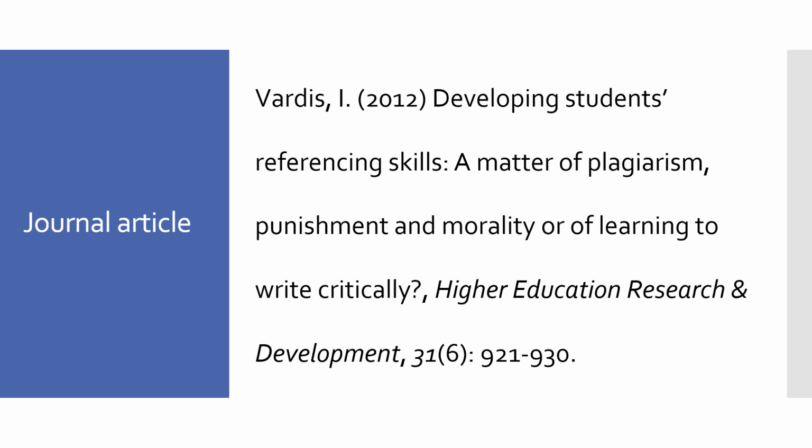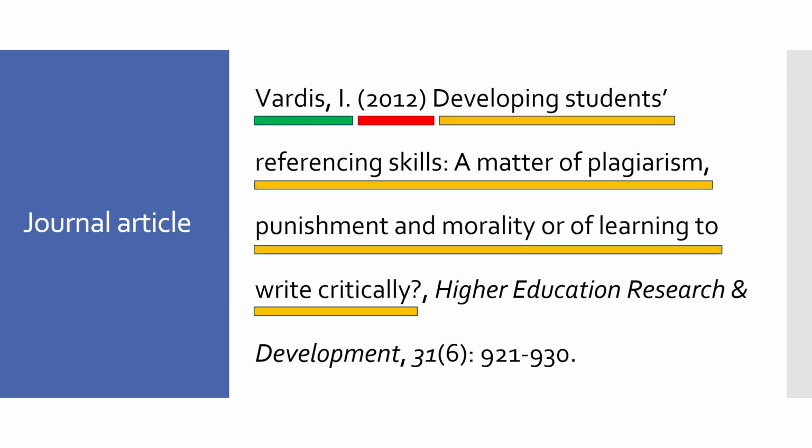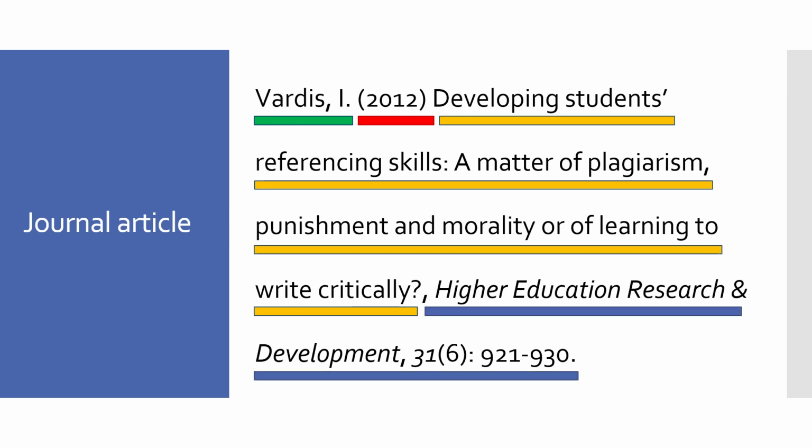Now, a journal article. So again, the who is first with the surname and the initial. Then you have the when, and then it's straight into the what. So this is the title of the journal article. And then we have the where. And as you can see, the where is